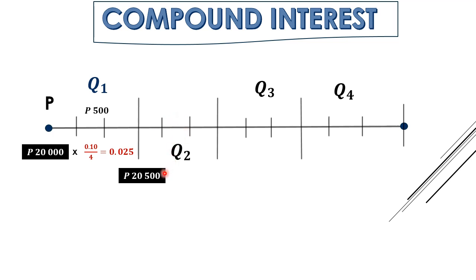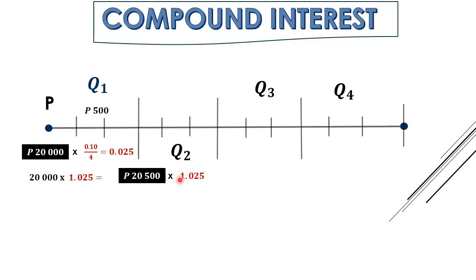Another way to get 20,500, aside from multiplying like this, is to simply multiply 20,000 by 1.025. You can see that I just add 1 and 0.025. It's because the 1 represents that we already add the principal of 20,000 after we multiply the 20,000 with the quarterly rate, which is 0.025. Now let's have the new principal, 20,500. We multiply it with 1.025,